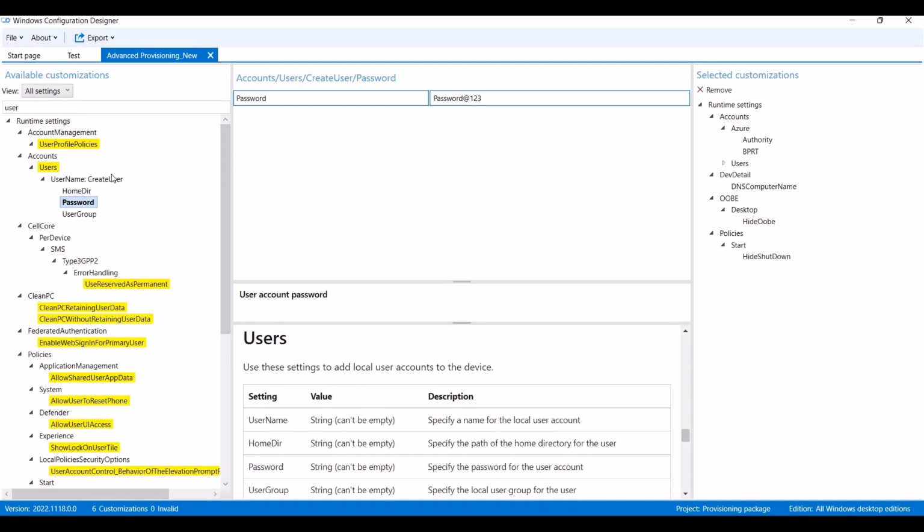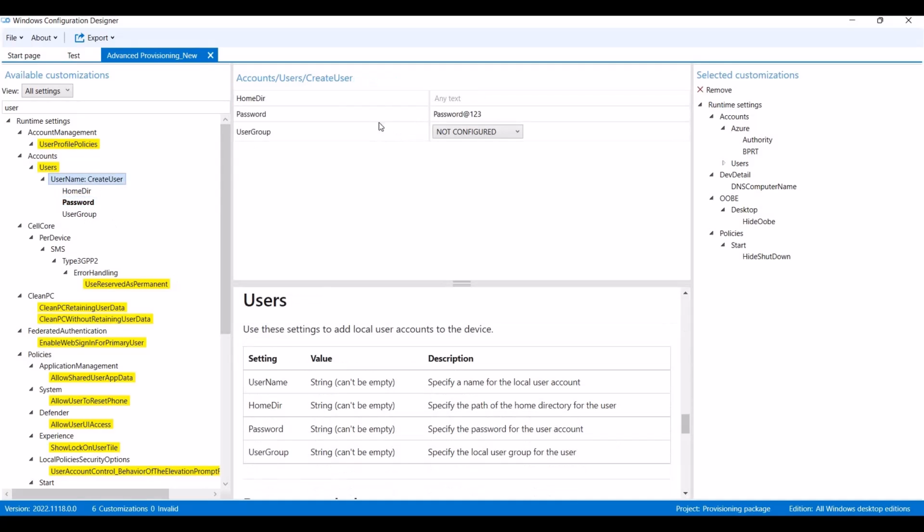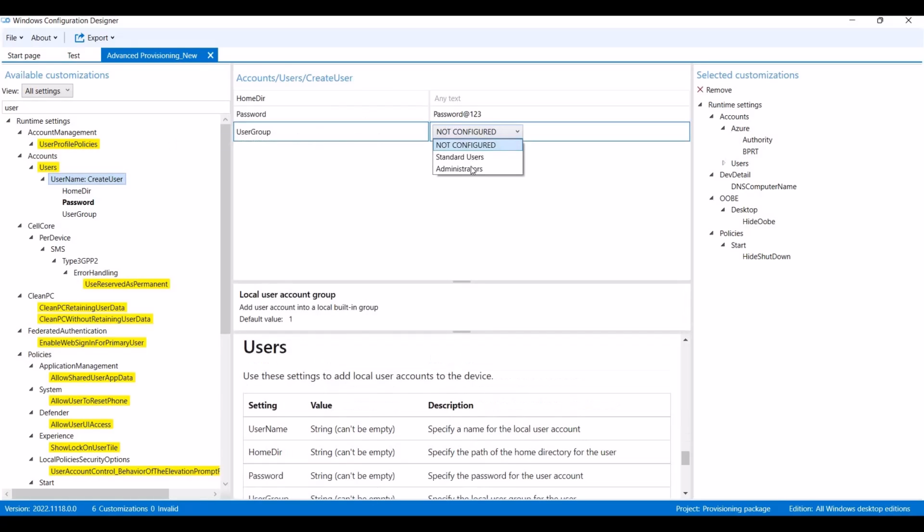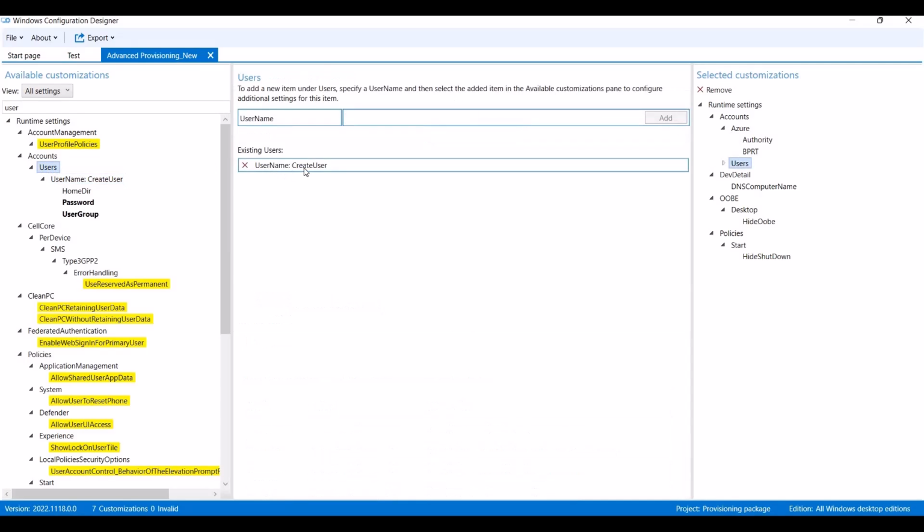The red prompt has gone away, and if I click on this, I have an option of adding it, it even shows the password over here as well. I can add this user as an administrator. This is going to add the user to a specific group, and if I want, I can add more than one users. Just when I did this, on the right hand side you can see under accounts